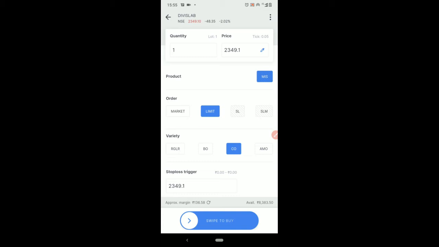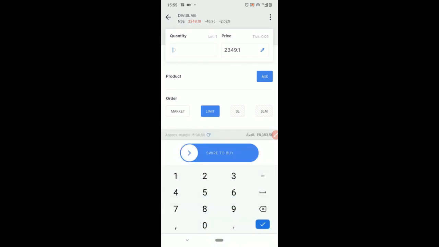This is very useful, because see, in Divi's Lab, for buying one quantity, it automatically shows that the approximate margin required is 136 rupees. The available balance in my account is only 8,383. So for this 8,383, how many stocks can I buy? I can directly check here. Suppose I want to buy 100, and I hit the refresh button.